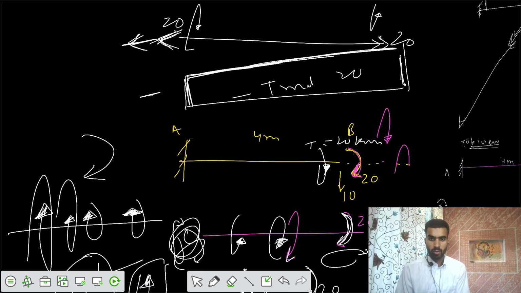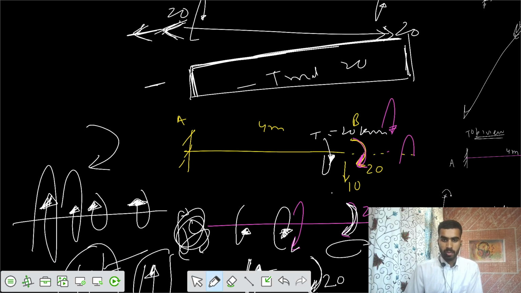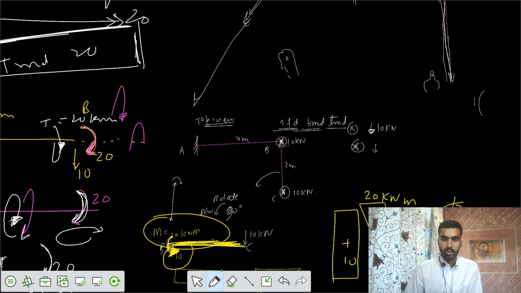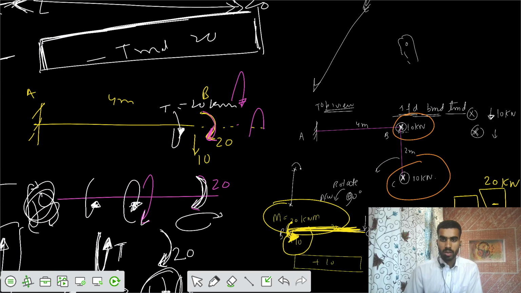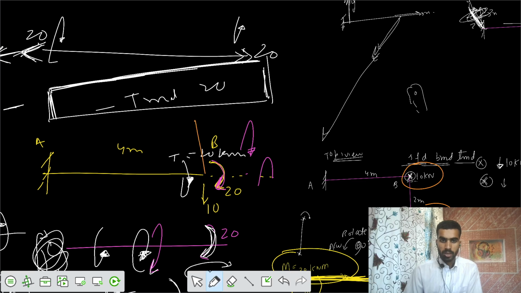And one more load that was there that I missed. So that is for the BMD calculations. From the problem we had two loads. One is at C, the next one is at B. Now you have to encounter that point B also, the load at B. So I would say there is some vertical load also at B. That's 10